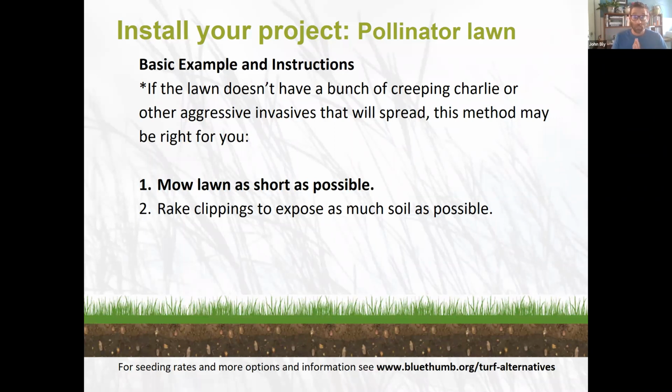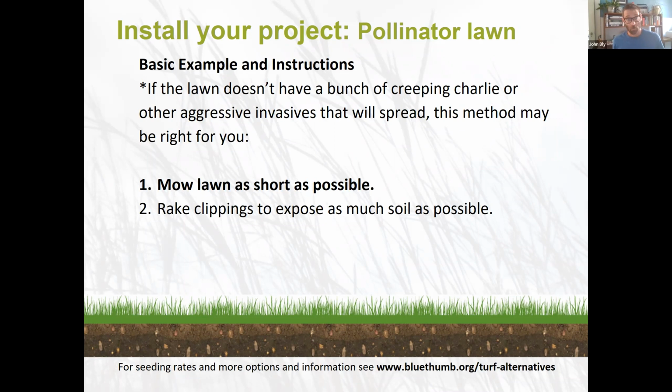There's kind of two ways to install a pollinator lawn. One is with dormant seeding, and one is with kind of, I don't know what you'd call it, live seeding. So if you have already begun installing a pollinator lawn in late August, really early September, you could consider it live seeding. Otherwise, we would suggest you wait to dormant seed, and we'll talk about that on the next slide. For this slide,